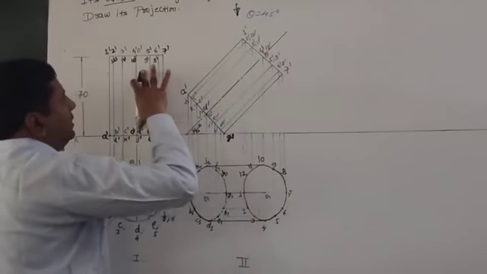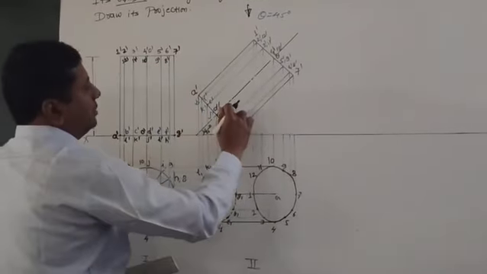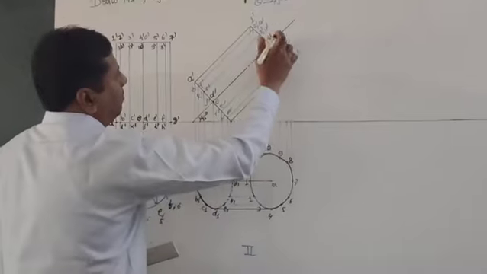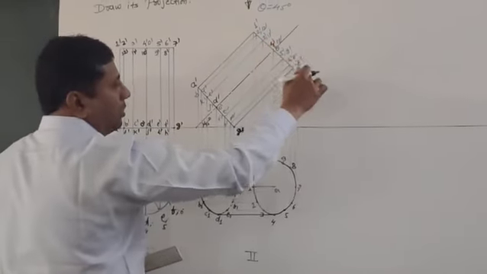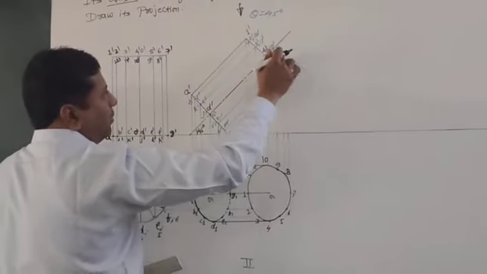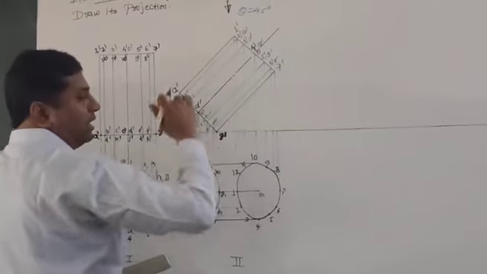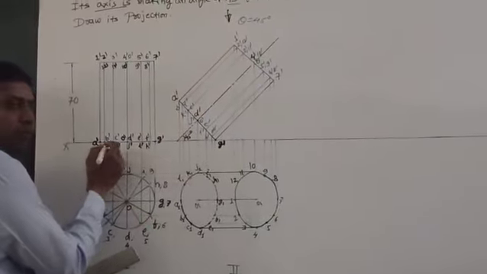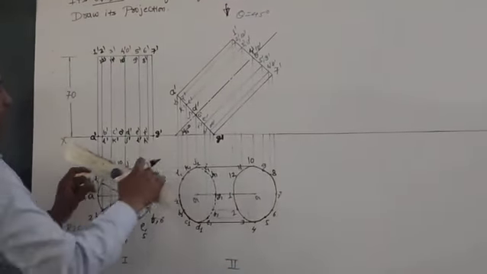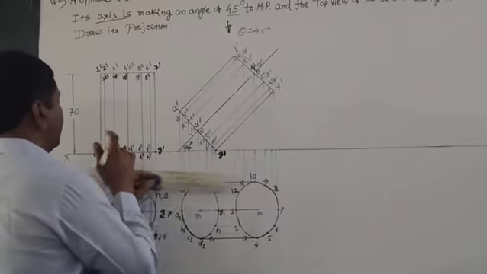Then this distance we know, that is 70. So take from D dash 70 mm, mark point 4 dash. Here also draw a perpendicular line such that 4 dash 7 dash is 25 and 4 dash is 25. Complete the rectangle. Then with the help of compass or with the help of scale, you can measure the distance